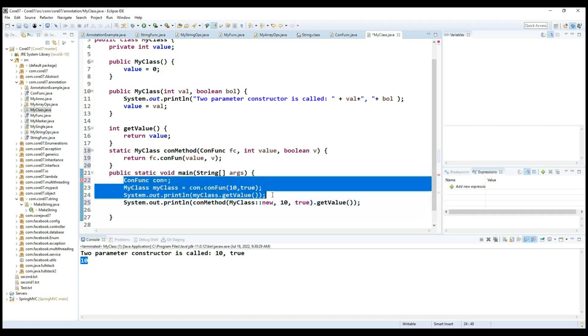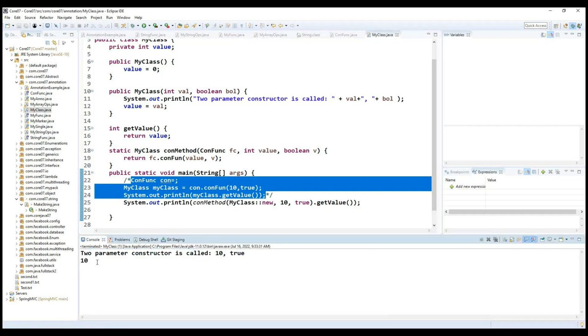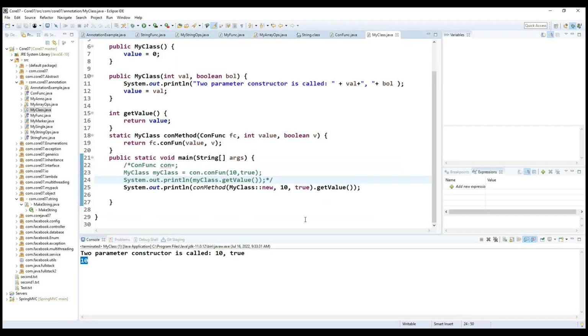We can comment all the lines of code here. Whatever we define here, we can comment out all the lines of code. Now you can see, two parameters it is calling and it is trying to print this particular 10 value. Now you can see what we are doing here. First two parameters we are passing the constructor reference. These are all the additional two parameters we are passing, and this constructor method we are calling, and finally it